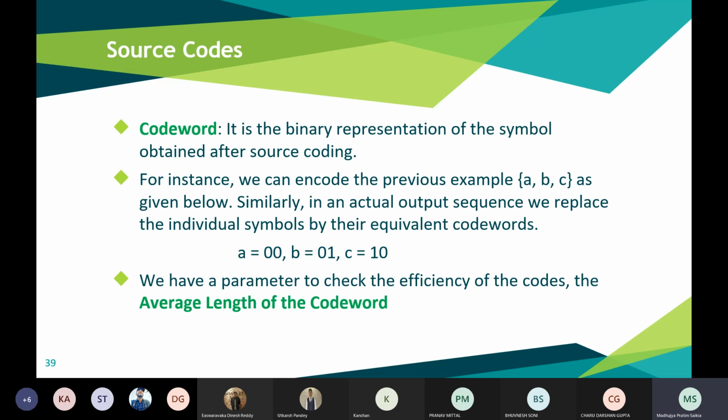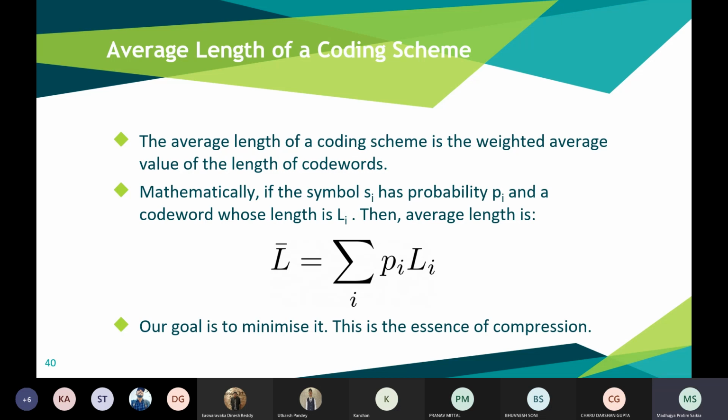How will you know that this code is more efficient than, suppose, assigning 0 to A, 1 to B, and 1 to C? How will I know whether this code is more efficient or the other code is more efficient? For that we have a parameter called the average length of the code word. Here we'll make use of the probability of occurrence. The average length of the coding scheme is the weighted average value of the length of the code words, which is basically a summation